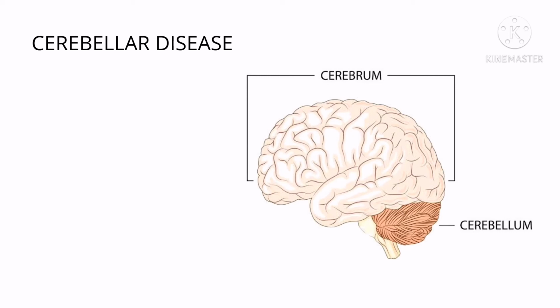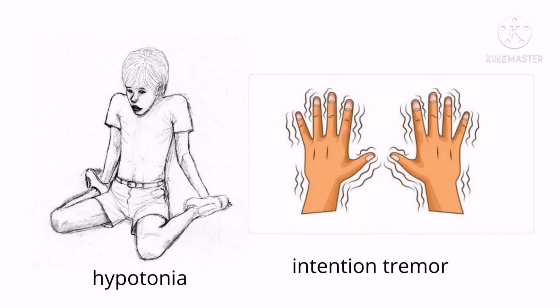Before knowing the general signs and symptoms of cerebellar disease, you should know that an injury to one cerebellar hemisphere always produces signs and symptoms on the same side of the body and not on the opposite side. So when there's dysfunction of the cerebellum, hypotonia is observed, the muscles become flaccid, and there's increased resistance to passive